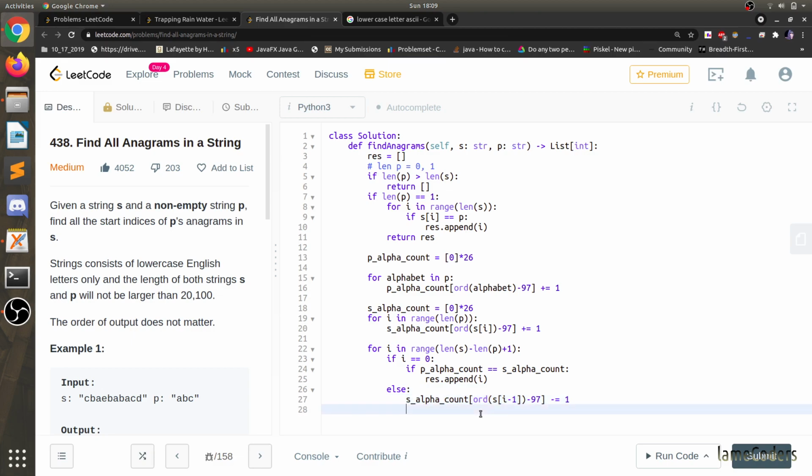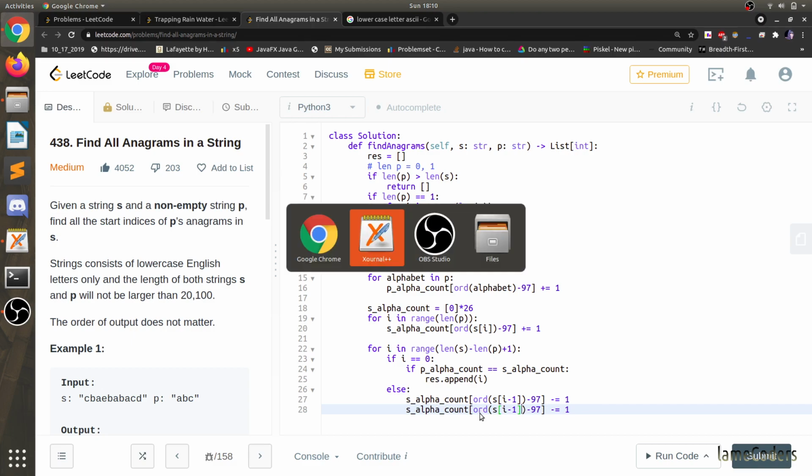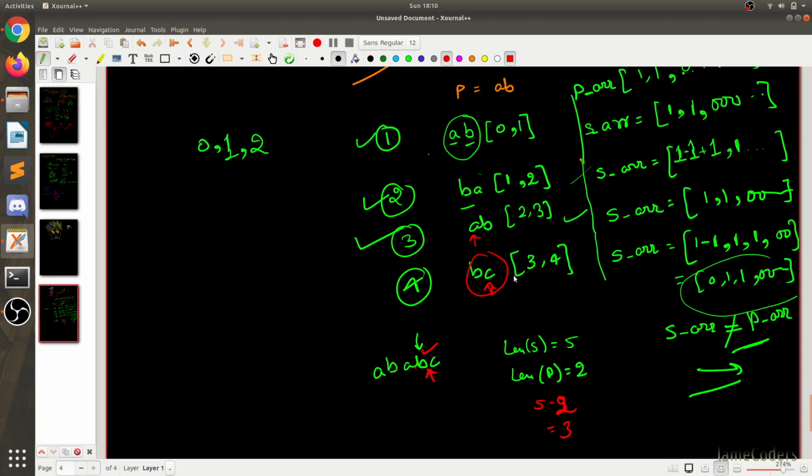This was previous, no doubt. So how will we add next? Let's take a look. Here when we will be at this place, we will have 0 1 2 3, as our I will be 3.